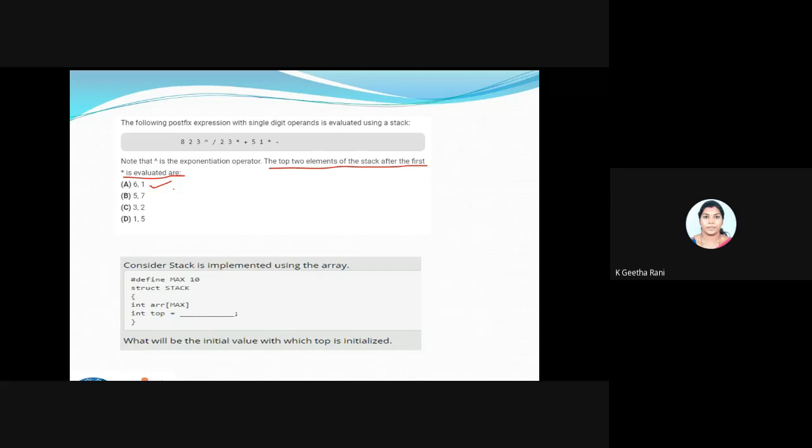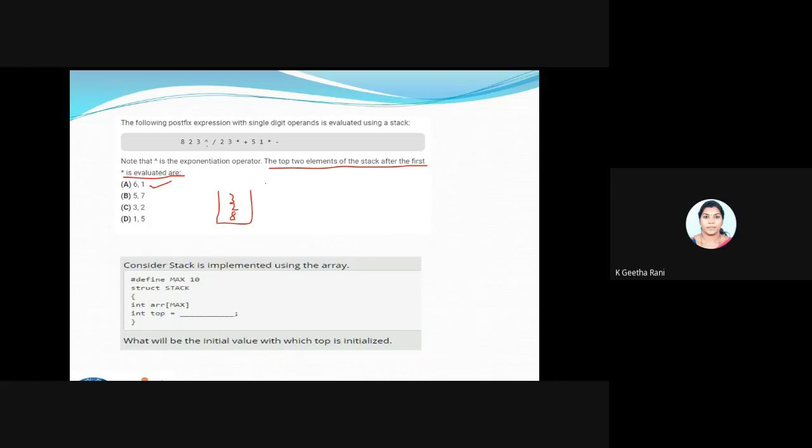So what you will do, it's going to be an expression evaluation. I'll be using a stack here. Since 8 is an operand, I will just put this 8 inside. Then comes my 2 and then comes my 3. Then the operator comes.